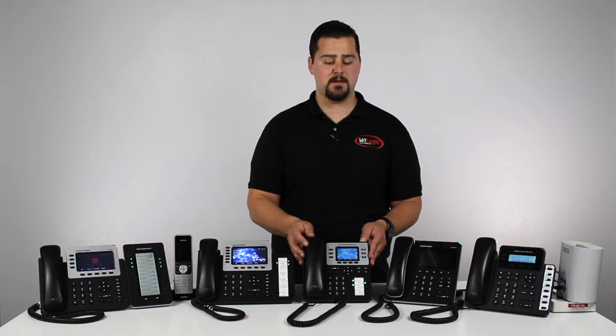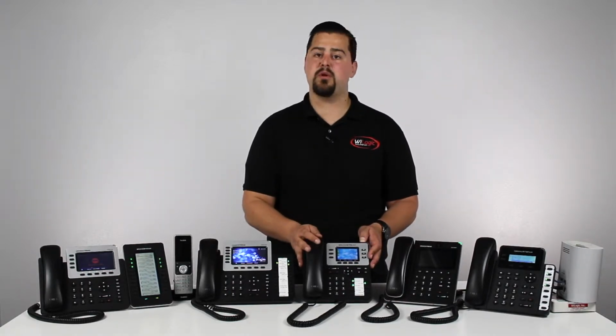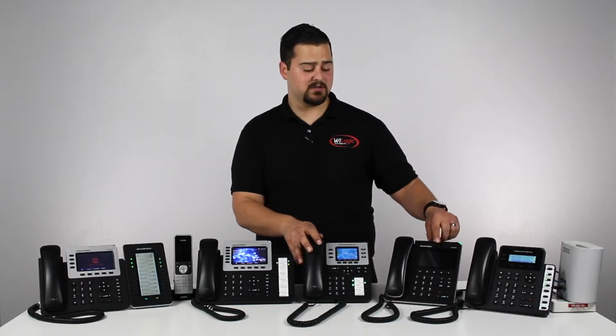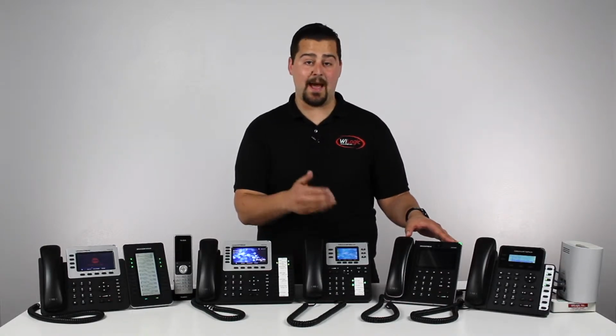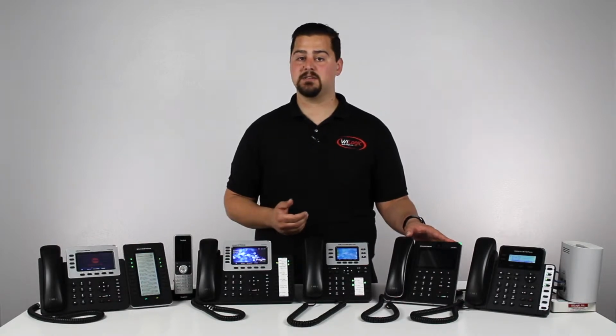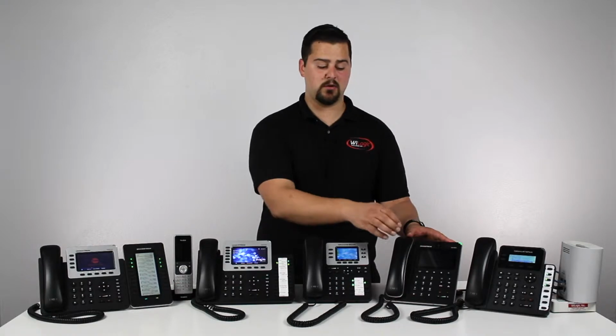Our 2130 is our standard employee phone. I would say this is the majority of what we install at WiLogic. Our Android-based phone has a 2-way talk camera on it. It's also Android-based, so it comes with all the apps and platform that Android offers and can connect to our door entry system, allowing you to communicate with the person at your door and actually unlock the door from your